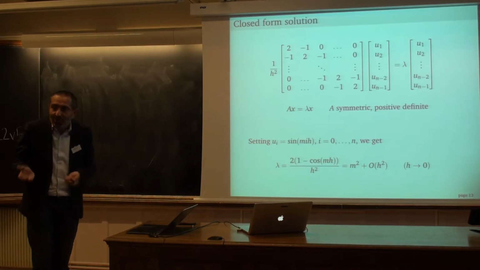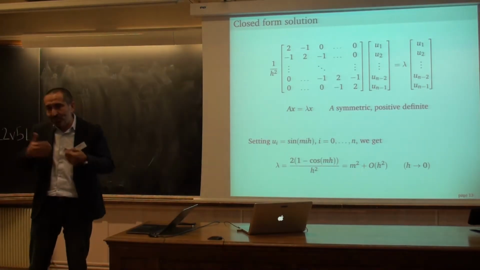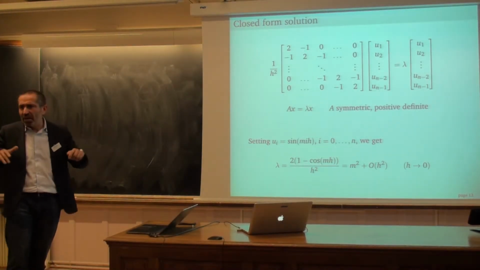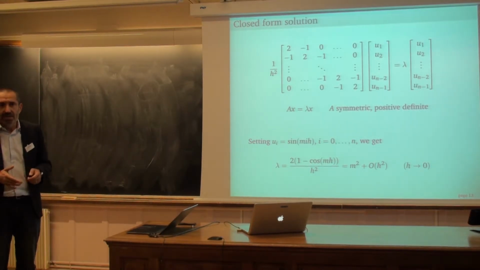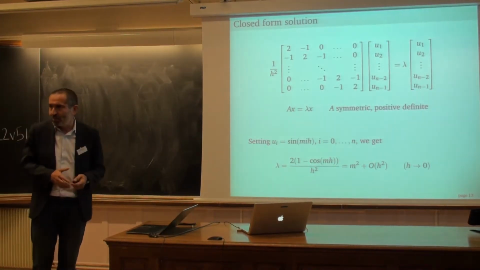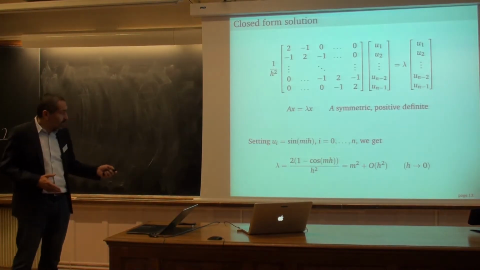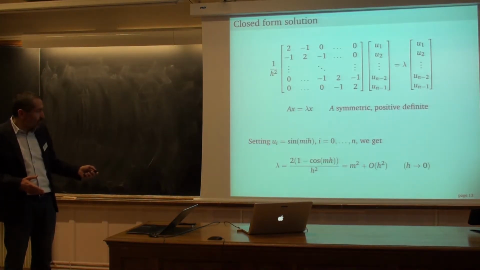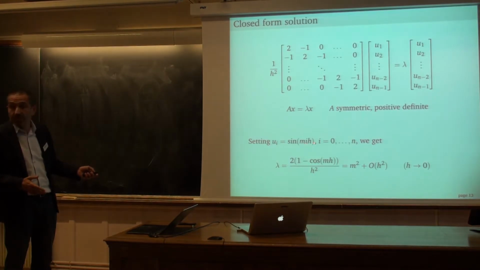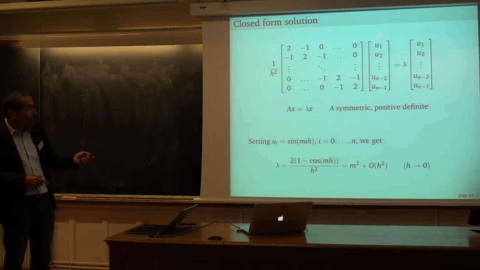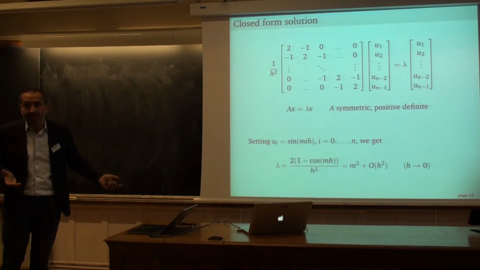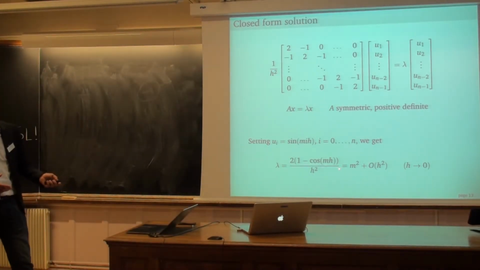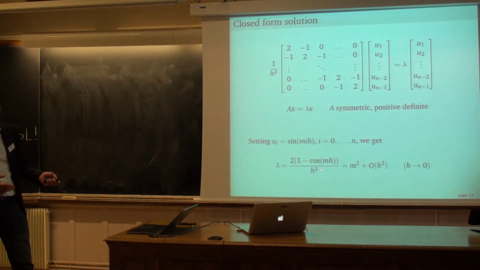This is what happens also for the source problem in some particular situations. If the solution is smooth enough, this is what happens for the source problem. Since the solution is analytic in the case of the eigenvalue problem, you can guess that you have this. So you claim that u_i is equal to sine of m i h. Okay? It's just the interpolation at the nodes. And then if you plug this solution into this system, magically i disappears. And so this means that this is a solution. And you find this formula here, that you have lambda m equal to this expression, this